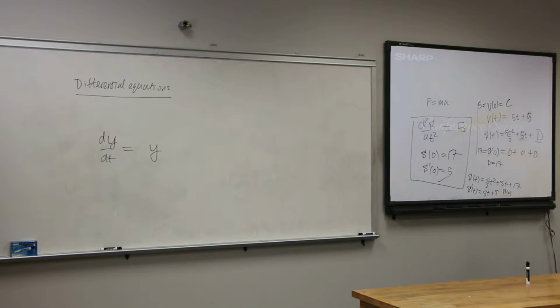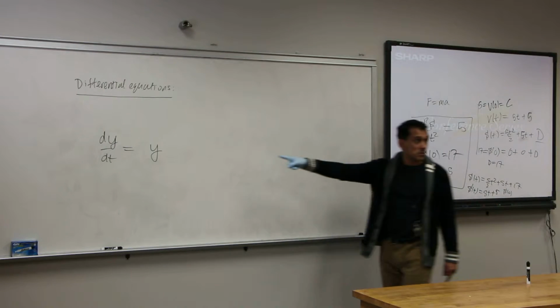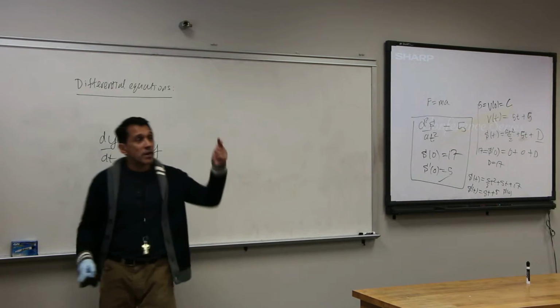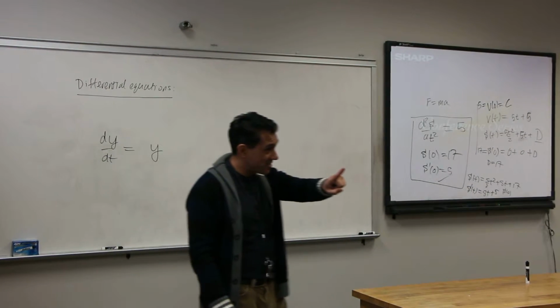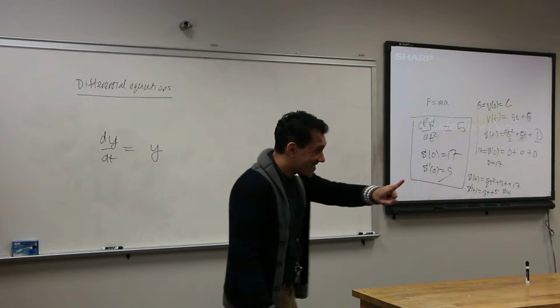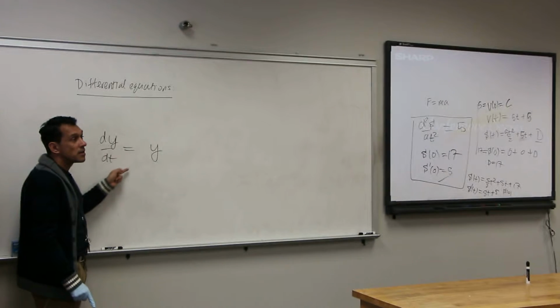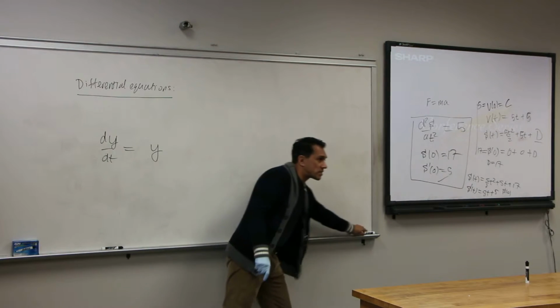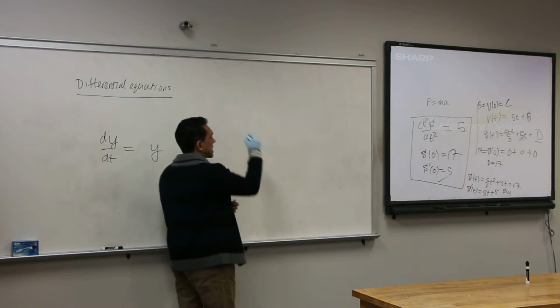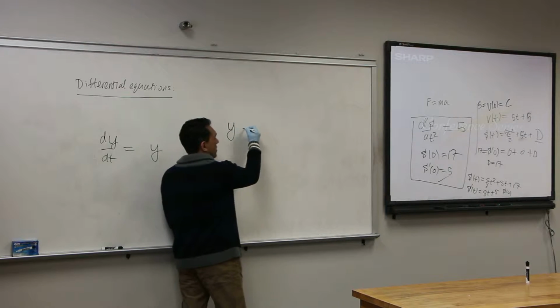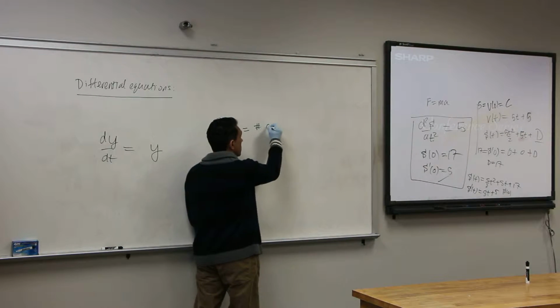What is the law? This is the biological law. This is telling you, if y represents the number of bunny rabbits, how fast y represents the number of bunny rabbits. Okay, we'll keep it safe in this class. Y represents the number of